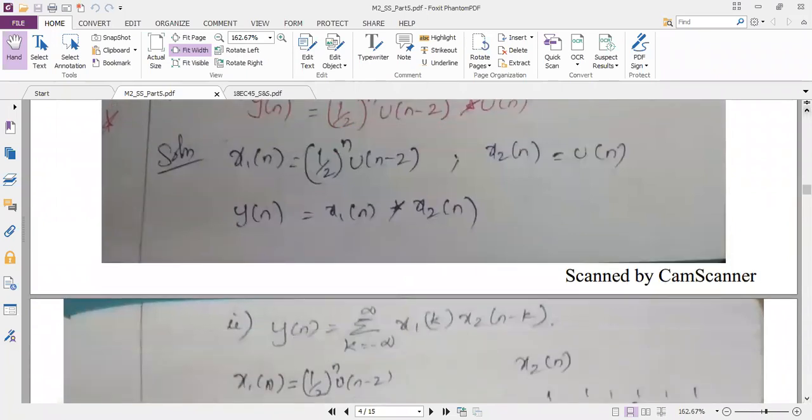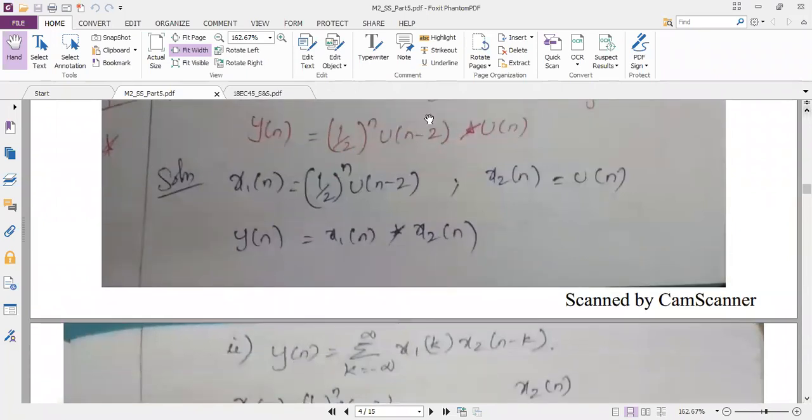Okay, good. So now, as I said earlier, my output y of n can be written as x of n convolution with h of n. In the earlier problem, in the question itself, they had directly given x of n equal to 2 power n into u of minus n, and h of n equal to u of n. But in this problem, they have not given x of n and h of n separately. Rather, they have given y of n directly as the convolution of x of n and h of n. So it is your choice.